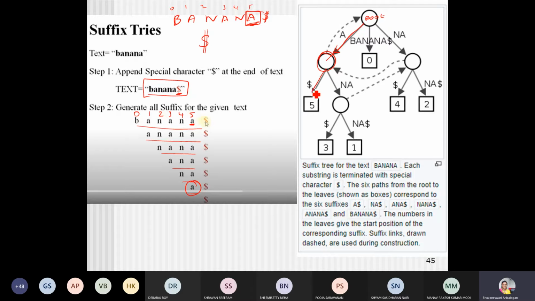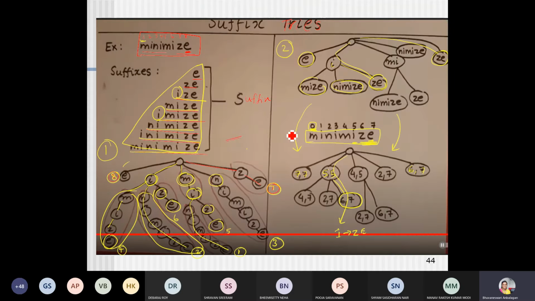You have to give a small index number where its position has to be given, and the substring has to be denoted by a dollar, which means that this is the end of the particular sequence. But in this previous example, we haven't given that end of the sequence.